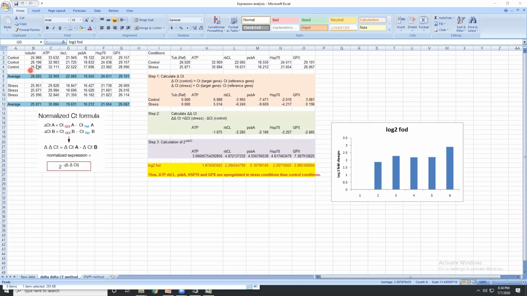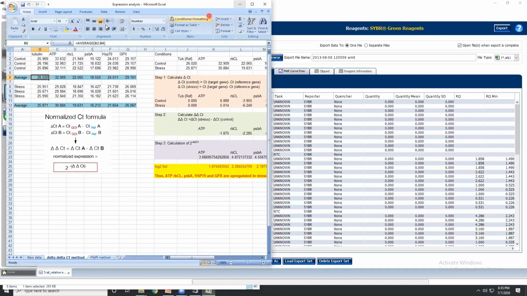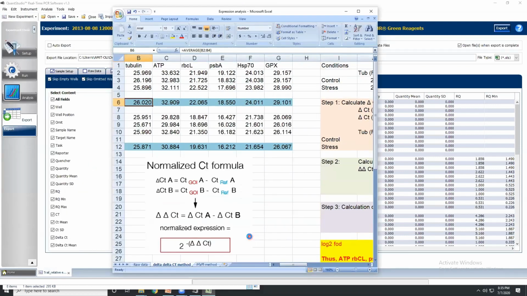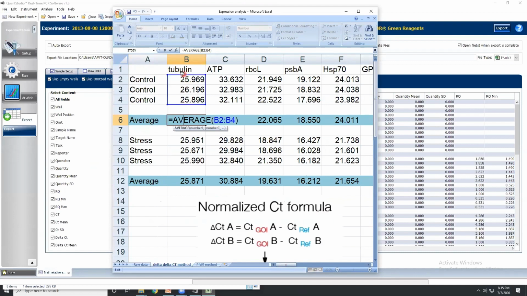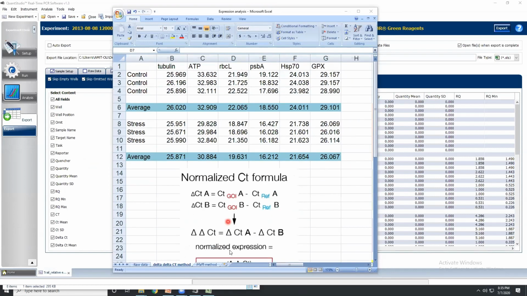Now, if you find here, the first step is to calculate the average. If you click on the average column, let me zoom in so that everybody can see easily. Okay, so if you click on this, you will see that I made the average for all the genes, for tubulin, for ATP, for RBCL, for PSB, and so on, right? That is the first step. Once you have made an average,